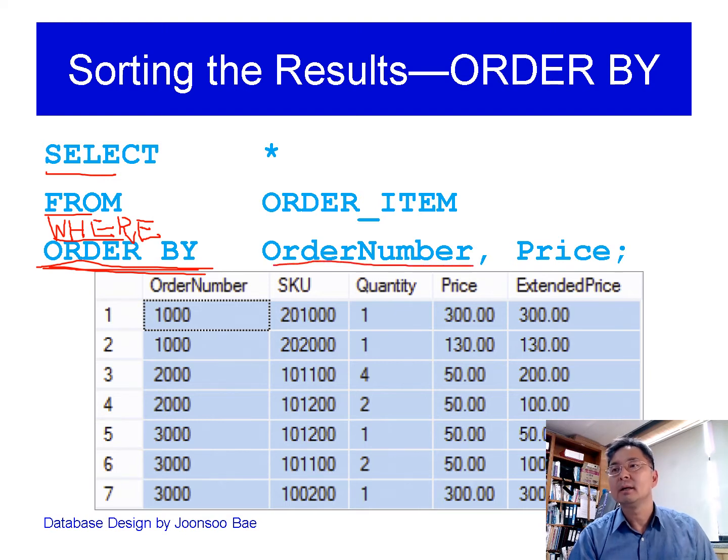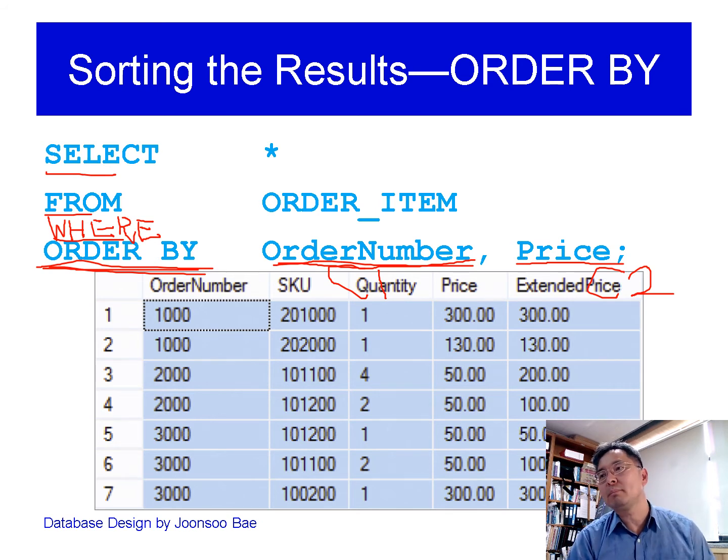The first criteria is order number, C1, criteria 1. And the second criteria is price. The data will be ordered depending on the first criteria, order number. But if there are the same order numbers in the result, then they will apply the second ordering criteria, price. If we see the result, we can see that order number